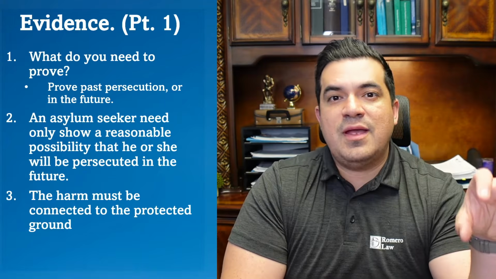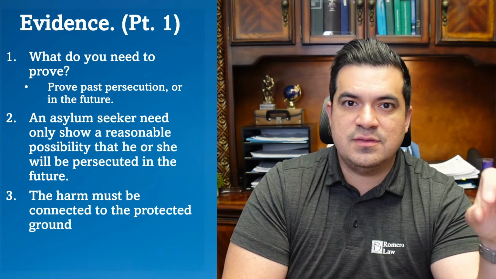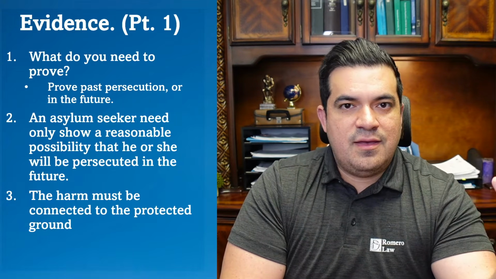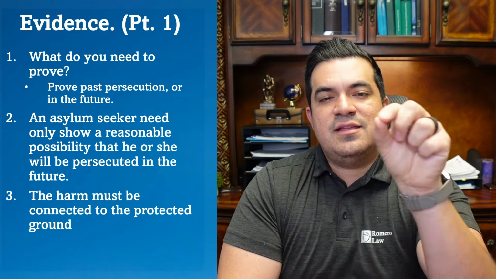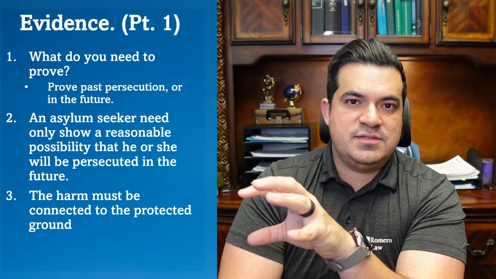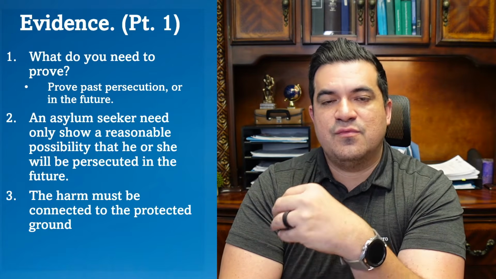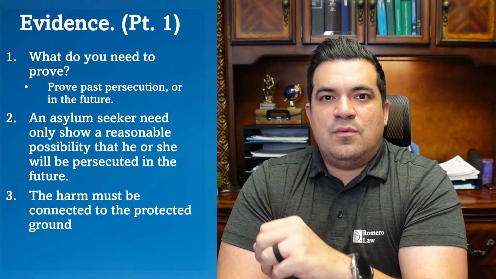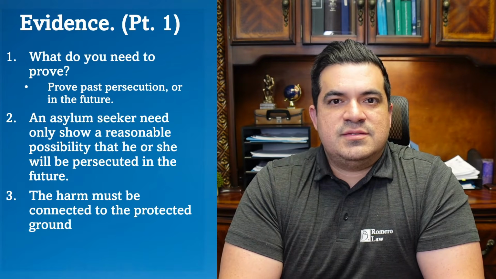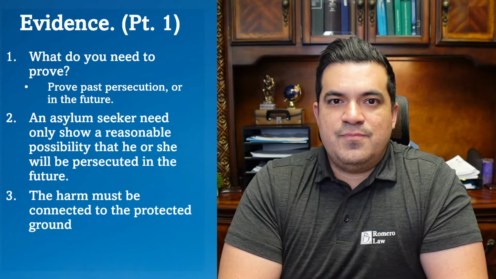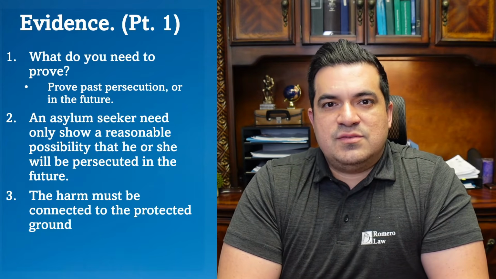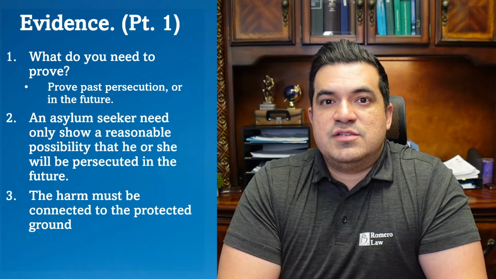One of the hard parts in any asylum case is that we have to show that whatever happened to that person, that persecution, the threats, that negative thing that happened, was directly connected to one of the areas that the government protects for asylum. So for example, if it was based on religion. Let's say a person was attacked by a group of 5 people, and then the person says, well, they attacked me because of my religion.